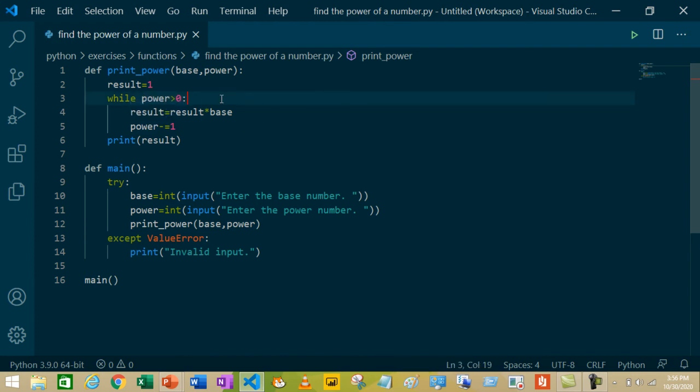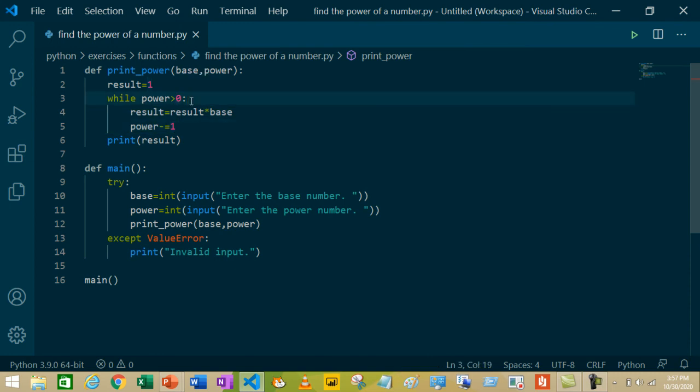As we need to multiply the base power number of times, we are keeping while power greater than 0. While the power is greater than 0, it will execute what's in the while loop.